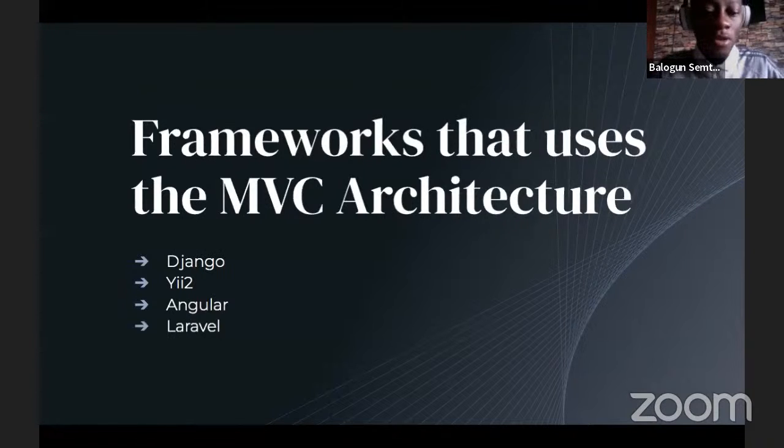So Python Django is a Python web framework, and it employs the MVC architecture in web development. CodeIgniter is a PHP framework that also has the model, view, and controller as an architectural design for software development. And Angular is a JavaScript framework, and Laravel is another PHP framework. And many others. So it's majorly the industry standard way of developing web applications right now because